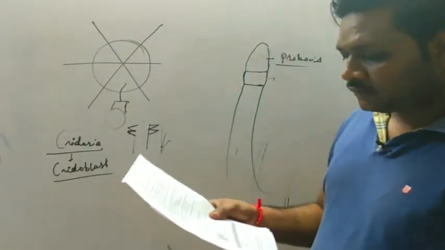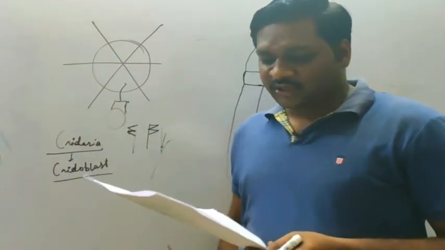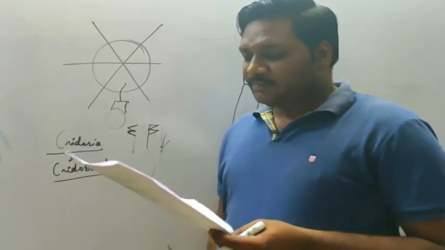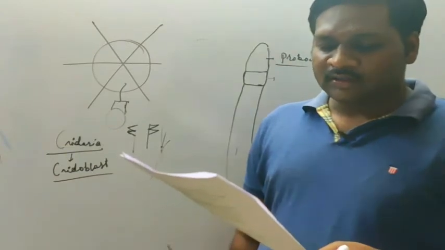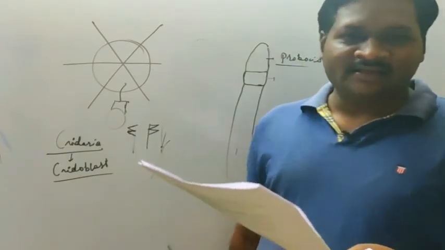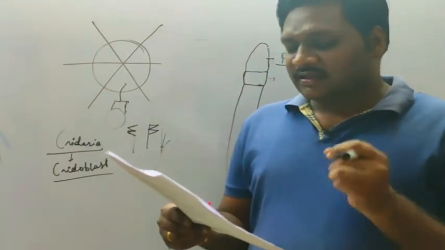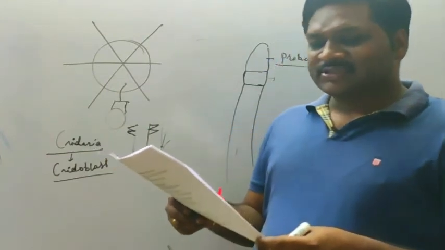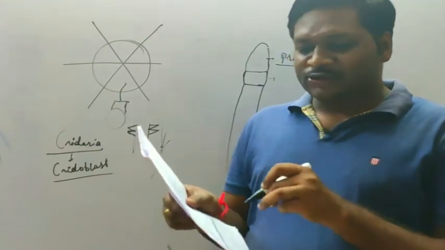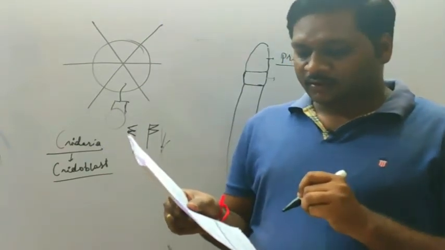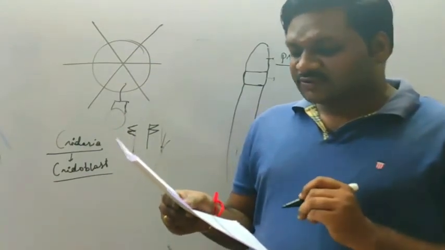Question number 177. Here a diagram has been given. You have to observe the diagram and answer the questions. Observe the animal picture below and choose the option which is correct for all the following questions. The first question: which kind of symmetry does the animal display? You can see the structure which looks like a squid basically, so it is showing radial, or bi-radial, type of symmetry.